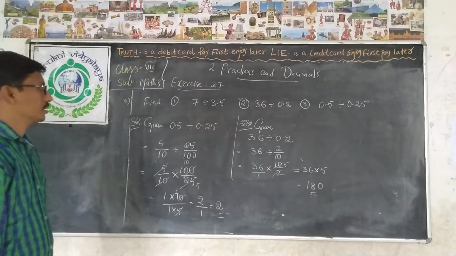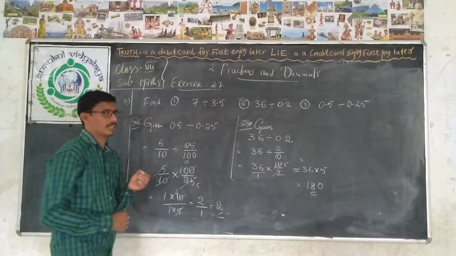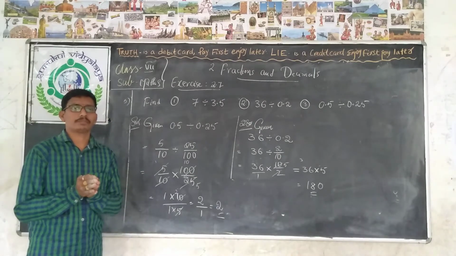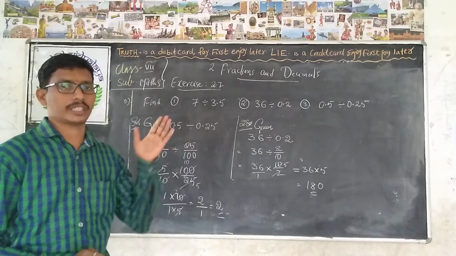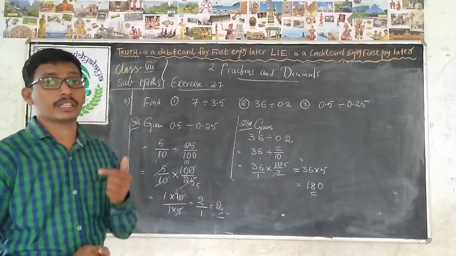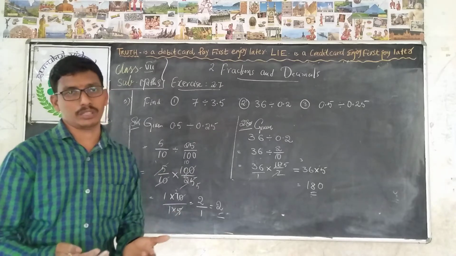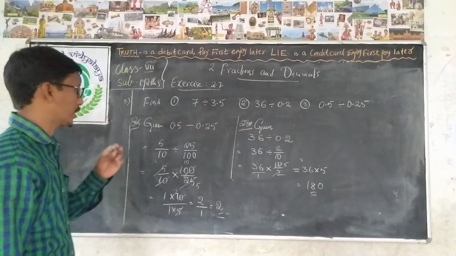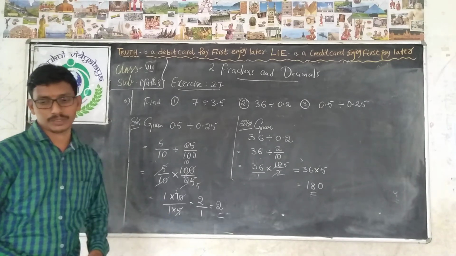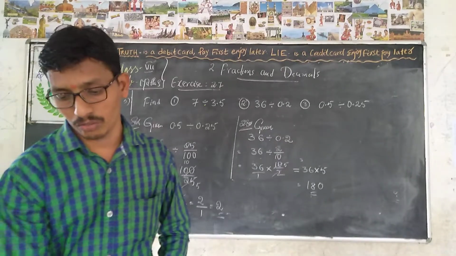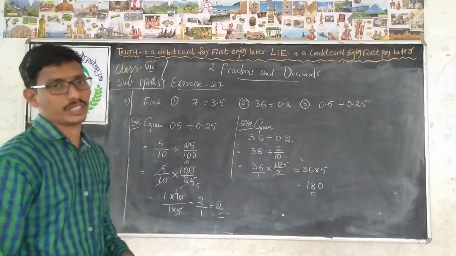Okay. Very simple problems. Only the conversion is important in these problems: how we convert the decimal numbers into fractional numbers, and when we convert the division into multiplication form, automatically the second term will be the reciprocal. Please remember these two things in your mind. These are very easy problems, and you can do all of them. So please complete all the 1, 2, 3, 4, 5 round problems in your CW and HW.